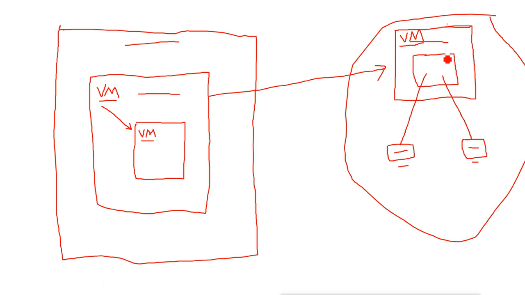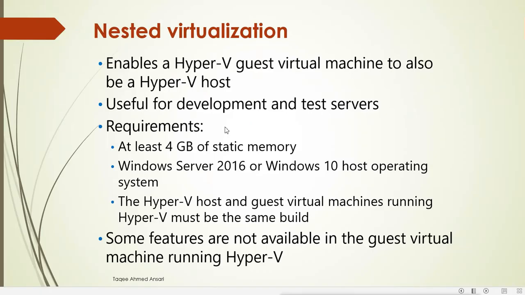Now Hyper-V is also giving the option to create nested virtual machines. So inside the virtual machine we can create another virtual machine, and it is helpful for organizations. They want to have two servers at the price of one server. So it is just a cost-effective thing for organizations. Now we have this option available with some conditions, that means it has some requirements.